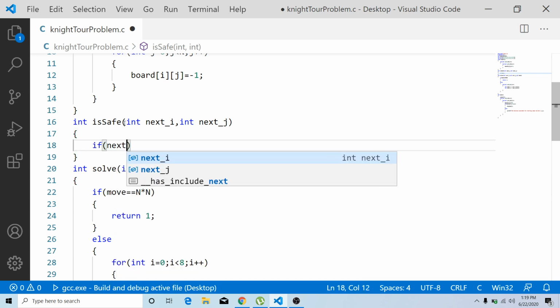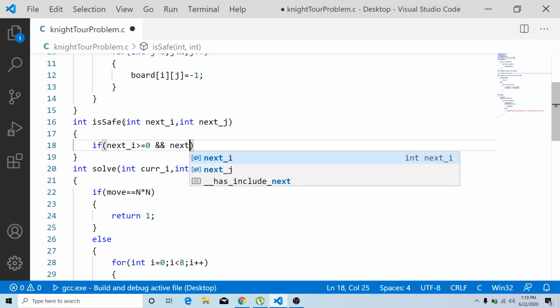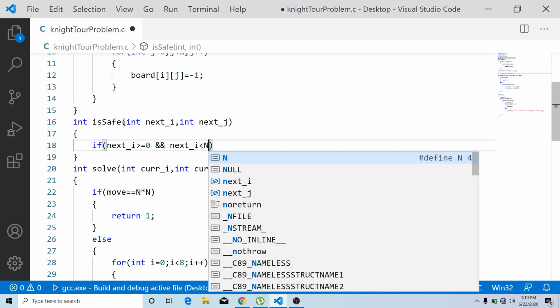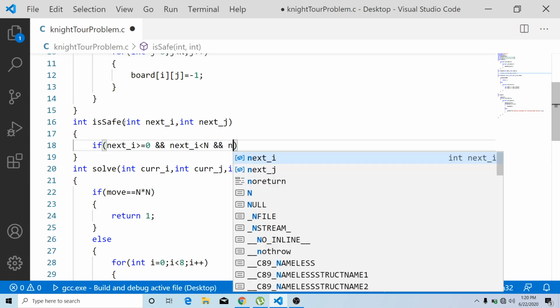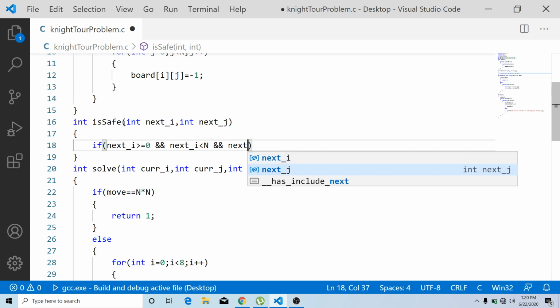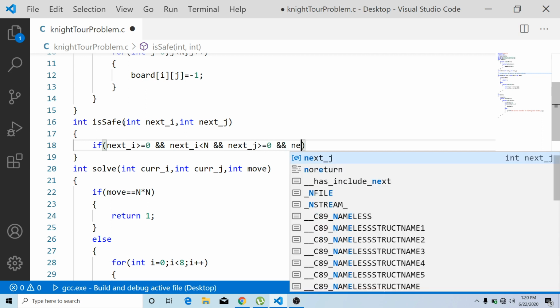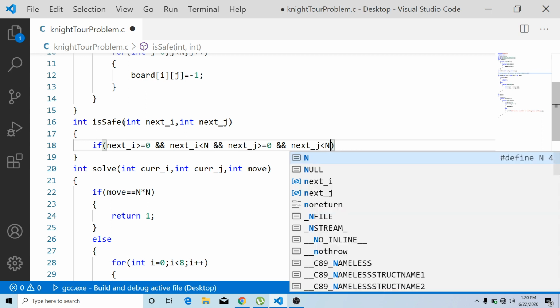If your next_i is greater than or equal to 0, and at the same time next_i is less than n. Similarly, j also has to follow the same condition: next_j should be greater than or equal to 0, and at the same time next_j should be less than n.